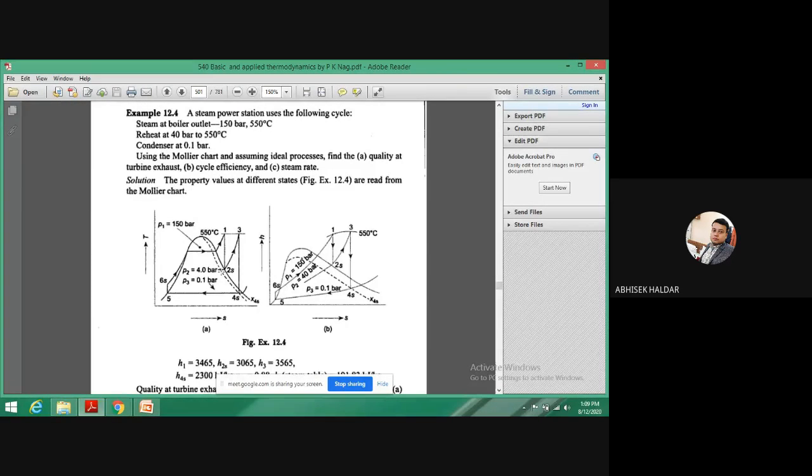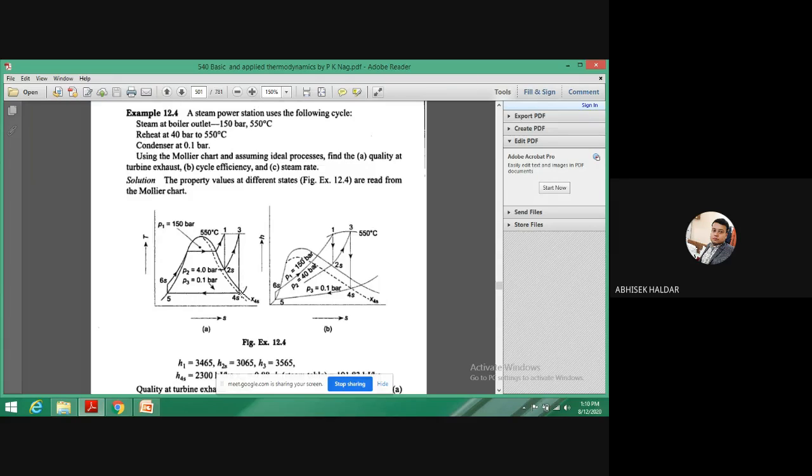Now see, this low pressure turbine will operate at which pressure? Say it is given 4 bar. Let us take 4 bar. So this low pressure turbine will deal with the pressure 4 bar. Now that means inlet, this point 3 is what? Point 3 is the inlet to the low pressure turbine. This 2s to 3 process is the external heat addition process, at the reheater.